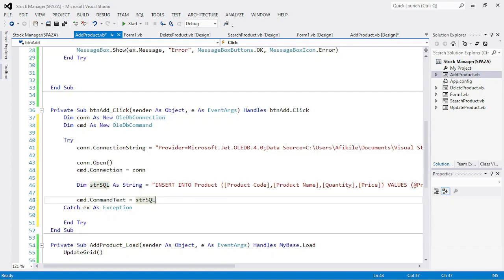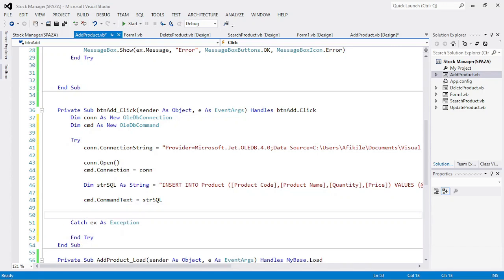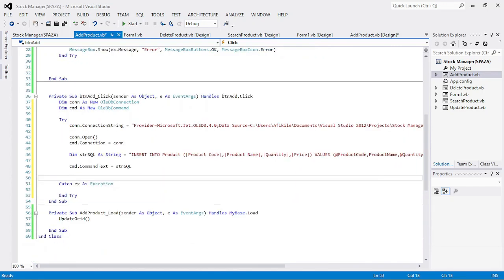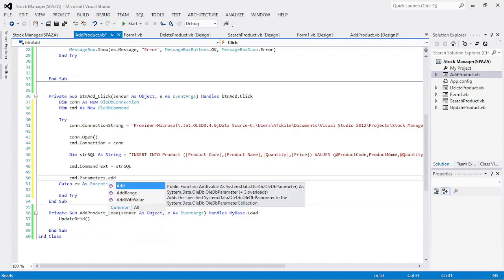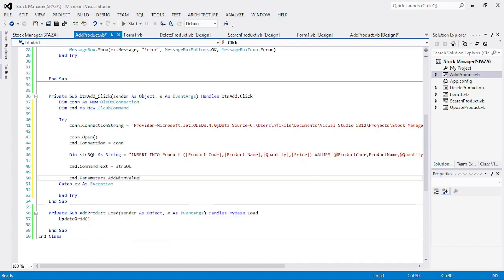Then under the command text, now I will add the parameters. I will add the parameters with the values. So it says command dot parameters dot add. I want to add them with value. Add with the values, and I'll just say add